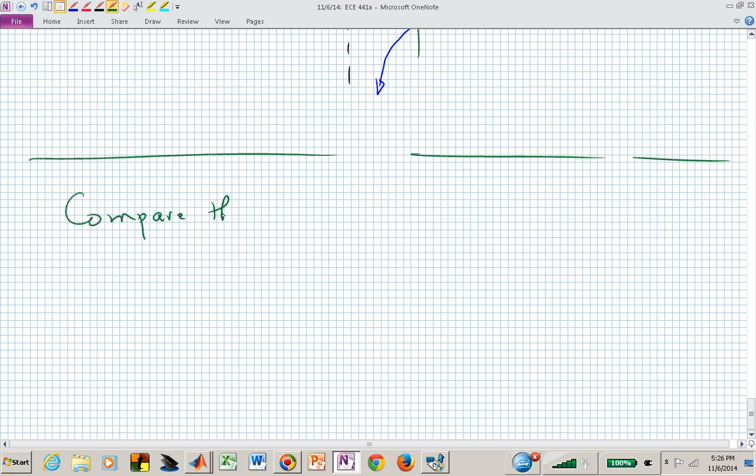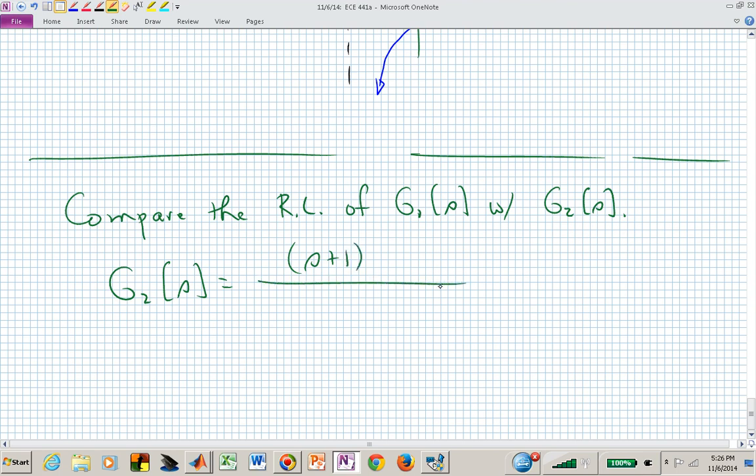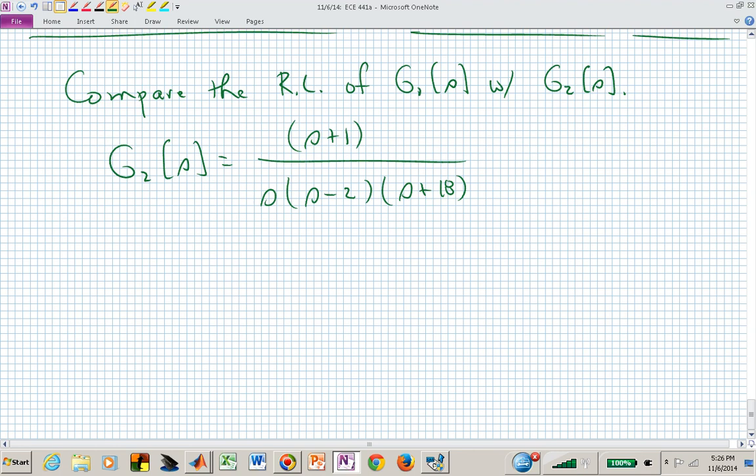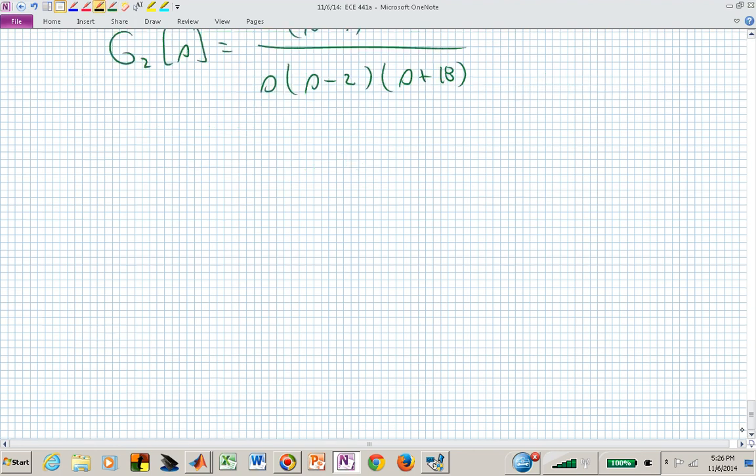Let's now compare the root locus of G1 of S with G sub 2 of S, where now G sub 2 of S is (S plus 1) over S, (S minus 2), (S plus 18). The only thing that differs between G1 and G2 is that third pole that's now further into the left half plane. Again, we can sketch these, and